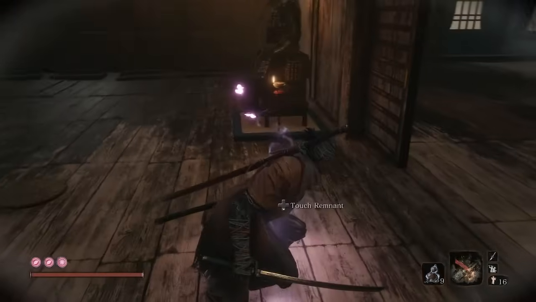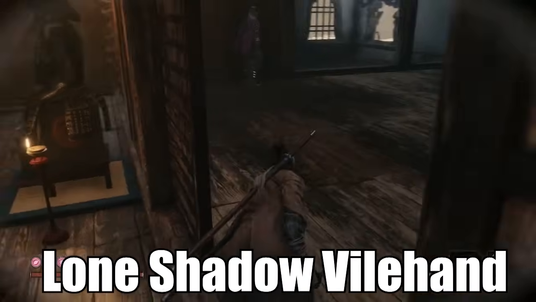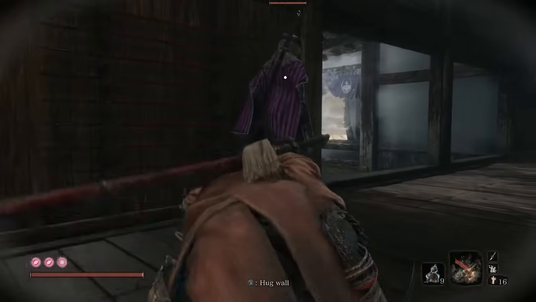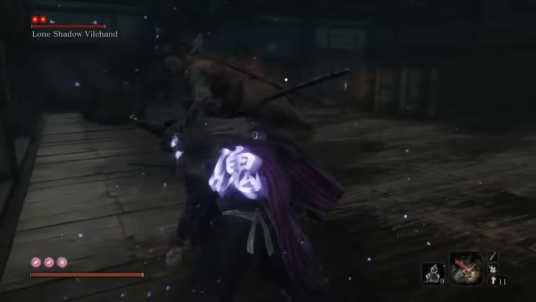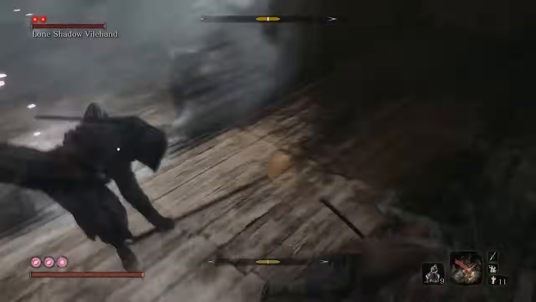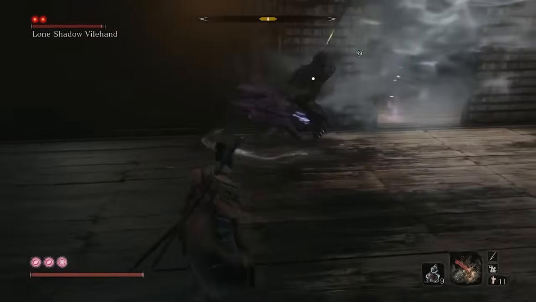On my first playthrough, when I first encountered the Lone Shadow Vilehand, his encounter irritated me to no end. I loathed this fight. 2 lone shadows in a tight space is a ridiculous ask, considering how difficult they are to land vitality damage on and how quickly they close the distance in a game not designed to fight more than one enemy at a time. But once I stepped back and remembered that I had ninjutsu, Vile Hand became one of the most